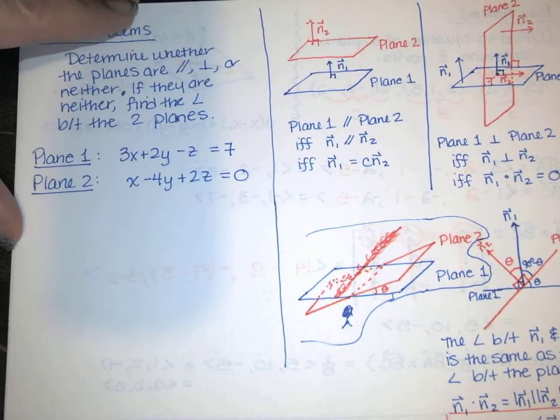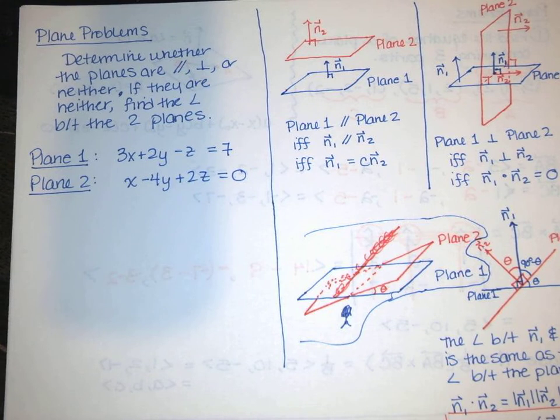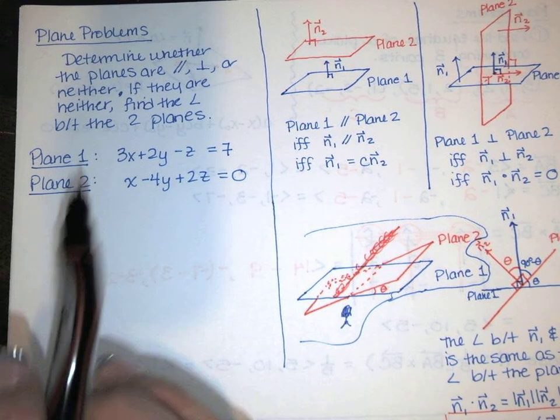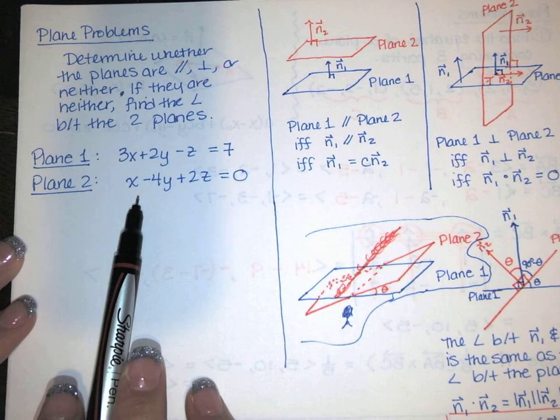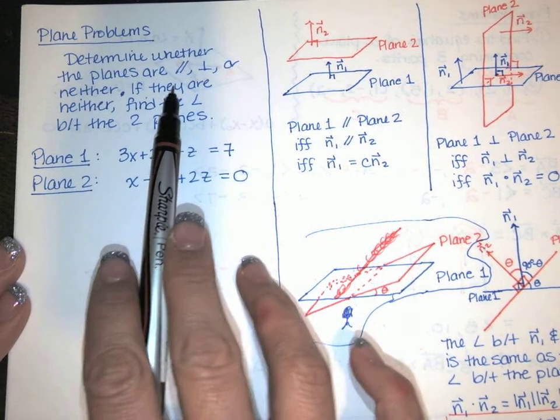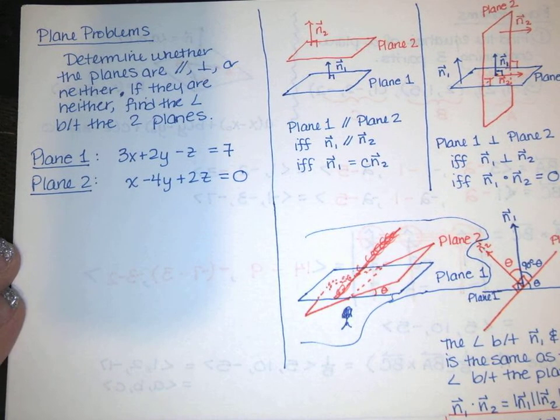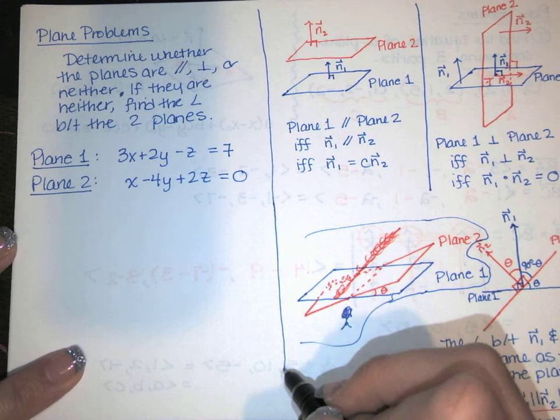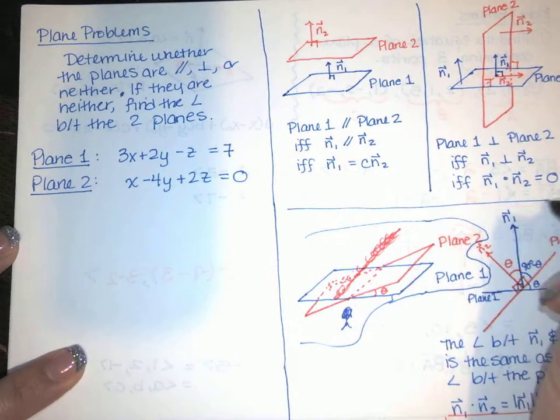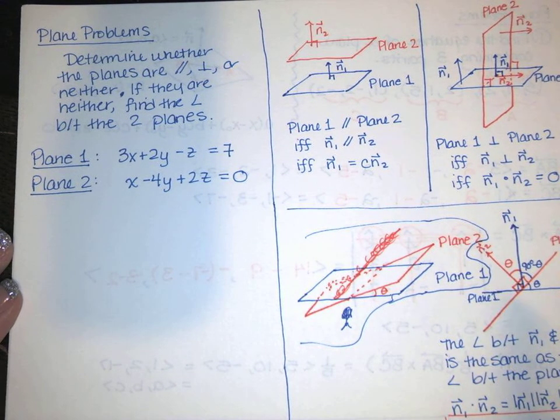Okay, so now let's go back to our question. The question says, determine whether the planes that are given here, given their equations, are parallel, perpendicular, or neither. And if they're neither, we want to find the angle between the two planes. Well, first of all, let's read off the